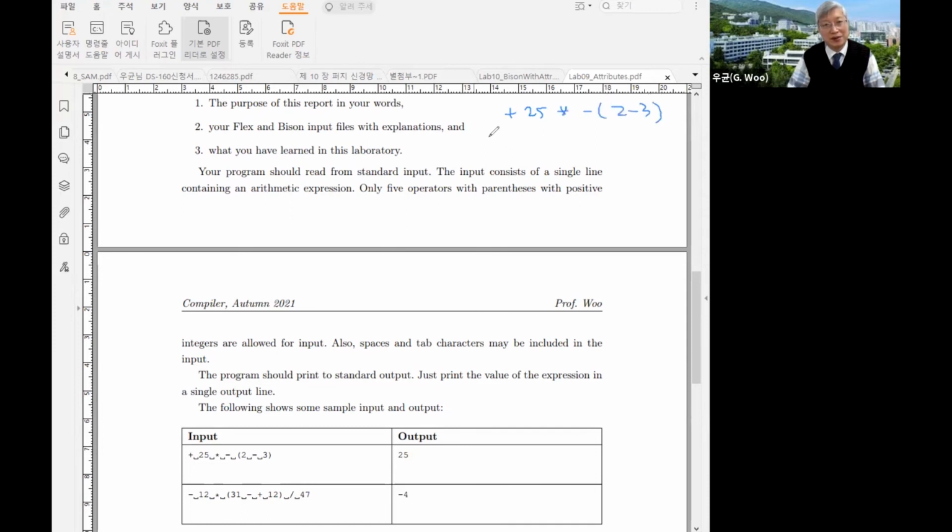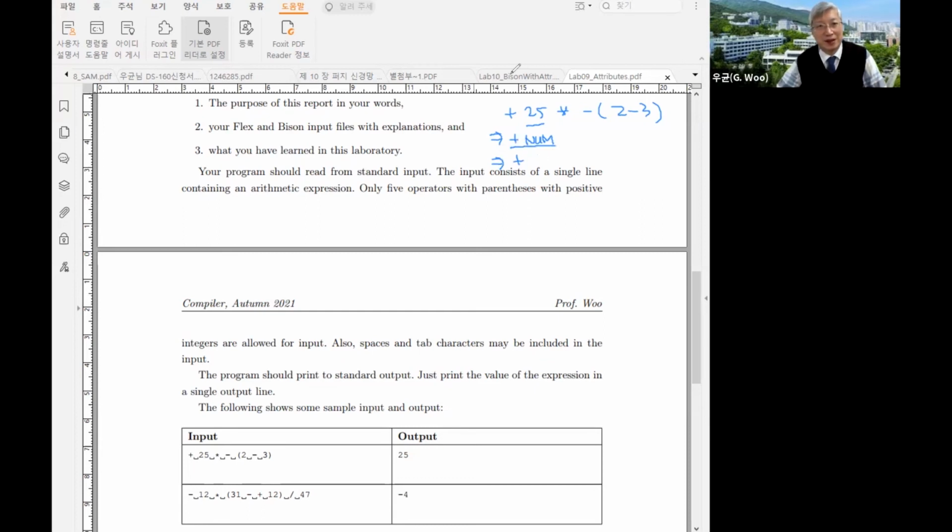So in the rightmost derivation, in reverse, you have to make this as a number. So plus num, okay. And then plus num is,